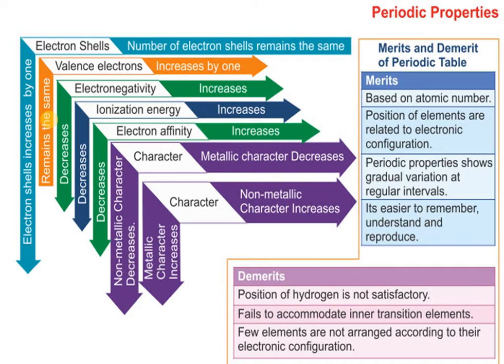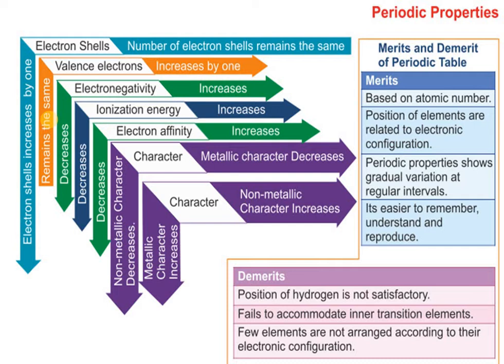How to remember? We can remember by use of atomic size. You can just remember one characteristic, that is atomic size. Atomic size in a period decreases and in a group increases. So do the opposite. If atomic size in a period decreases, electronegativity will increase, ionization energy will increase, electron affinity will increase. Similarly, if you go down the group, what is going to happen? The atomic size is increasing, so ionization energy will decrease, electron affinity will decrease, electronegativity will decrease. So we only need to remember the atomic size. If you remember atomic size, electronegativity, ionization energy and electron affinity will be clear to you.